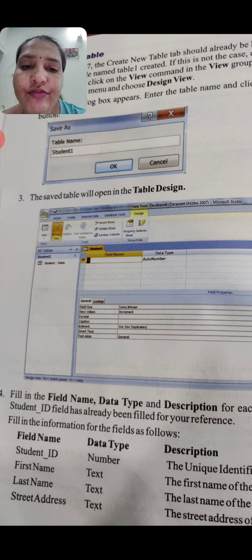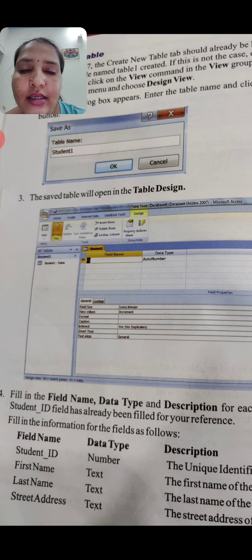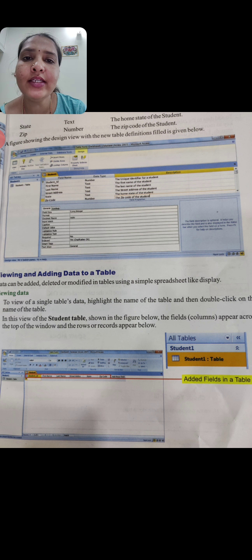We can write any information in the field name, and we have to give a data type. This is all about the table. Okay students, this is all about how to create a table.